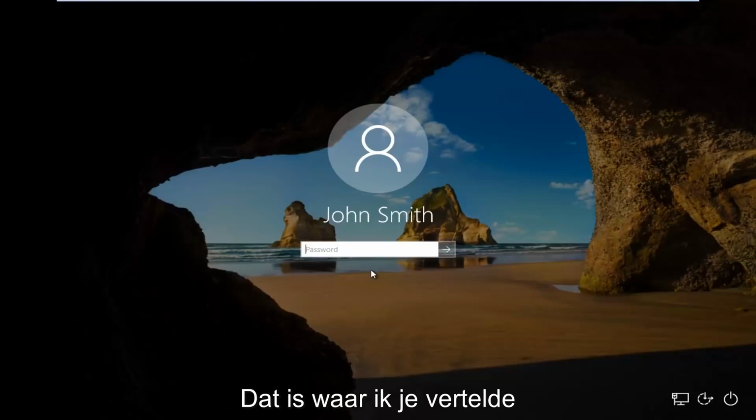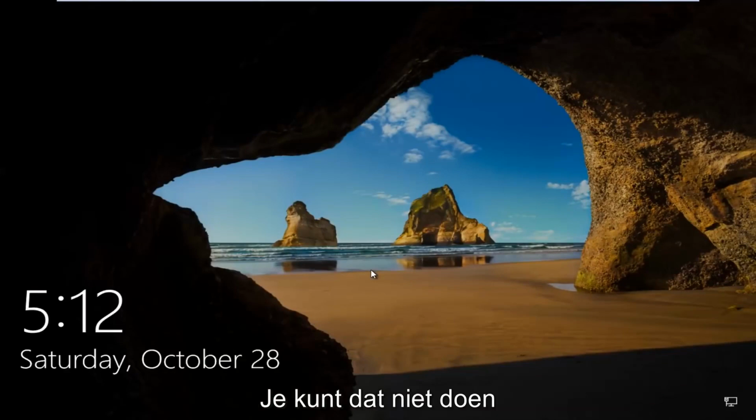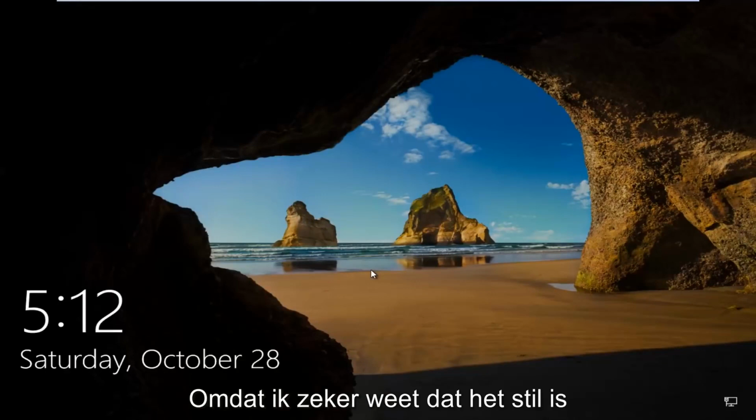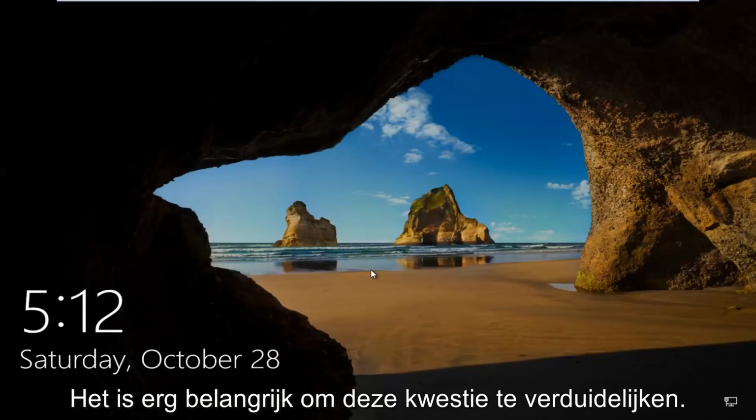So I'm going to put this out there right away: this tutorial is not going to show you guys how to reset your password. If you're not able to remember your password, this is not the tutorial for you. I have made tutorials like that in the past. I really want to stress that because I'm sure some people are still going to be confused about that even after I give this disclaimer, but I just think it's very important to make that point.